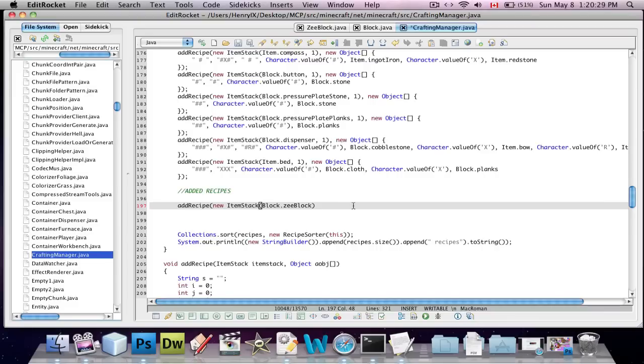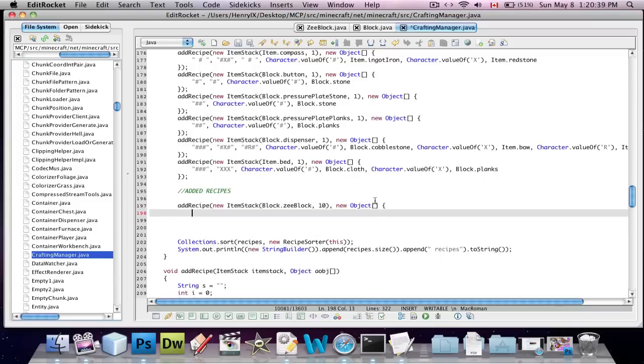So Z block, and then you do comma, and you have to put how many of them you want. So I'll say like 10, and then new object. I'm just copying what's above as usual, and then here you define how you want to make it. I just wanna put 1 piece of dirt in. So I'm gonna put just an X or whatever character we want, dot value of,